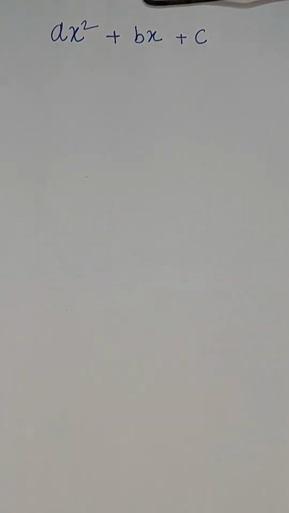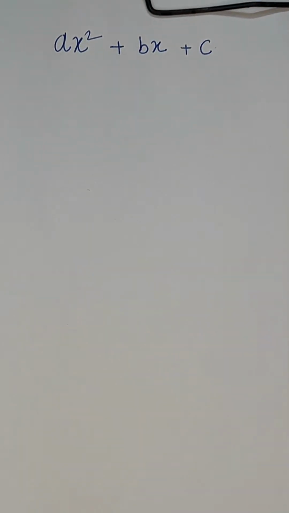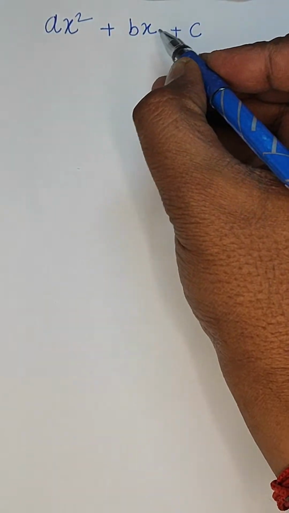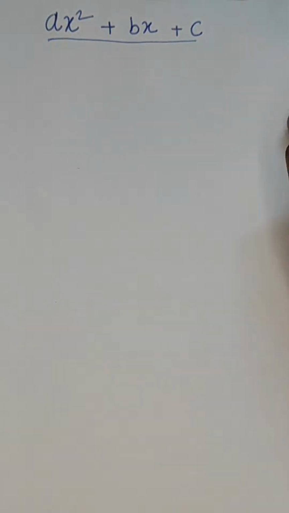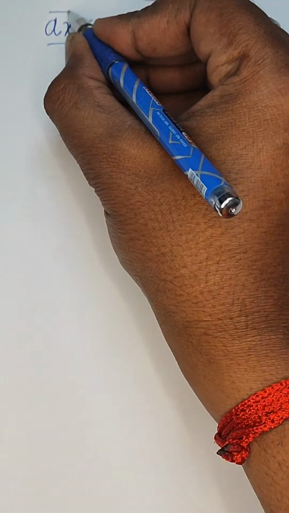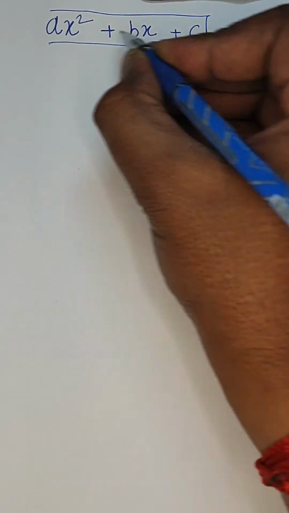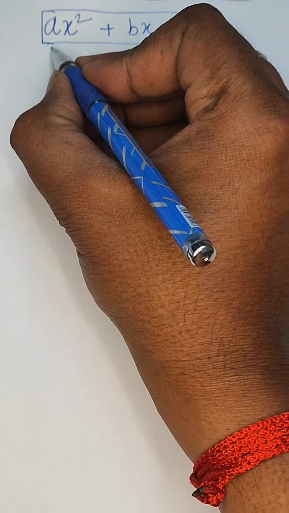From polynomials, where an equation is given to you, that equation is ax square plus bx plus c. This is the equation in front of you. Now the question is that if this polynomial ax square plus bx plus c is exactly divisible by, let me keep it in a box, if this is the polynomial in front of you and this is